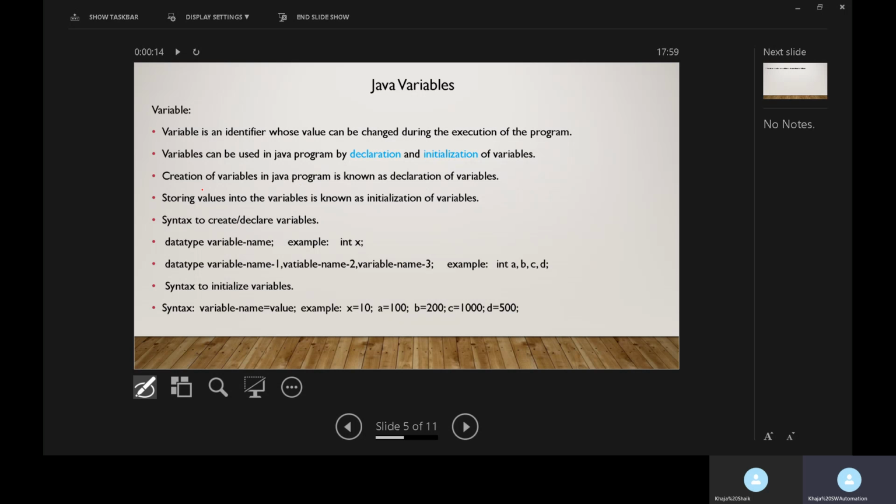What is declaration? Creation of variables in a Java program is known as declaration of variables. Storing values into the variables is known as initialization of variables. That is, creating a variable and storing the value into that variable.